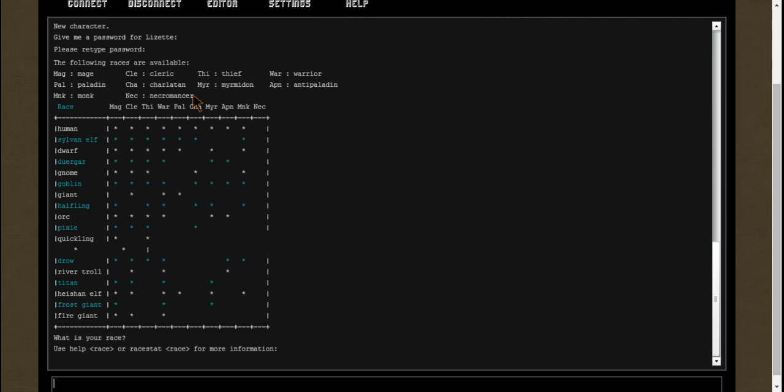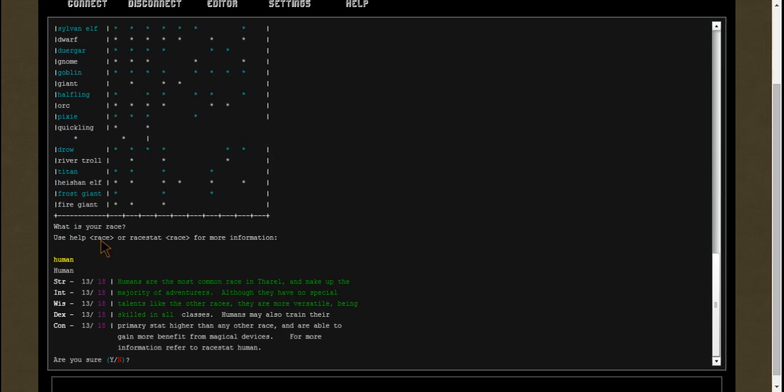Necromancer is not yet in the game, so sorry about that. Monk is a very advanced class. Even veteran players sometimes have a hard time playing it when they give it a try, so I definitely do not suggest newbies to start out with this class. It's just not until you get a hold on the game. So, for the sake of simplicity,